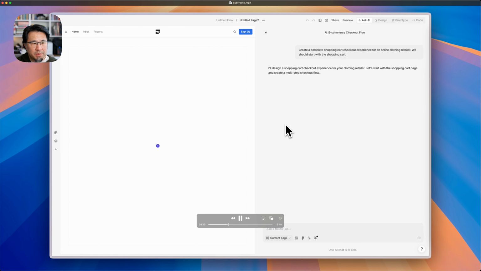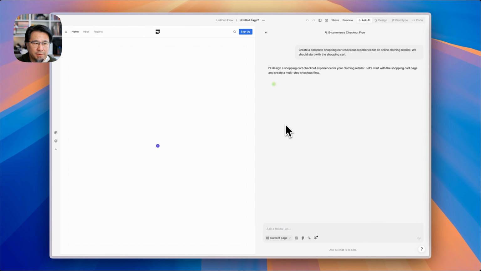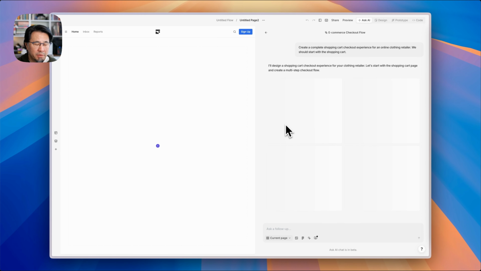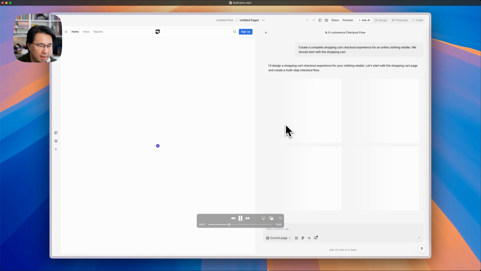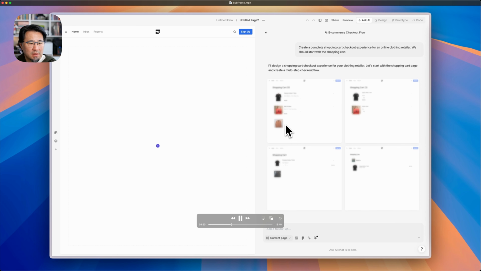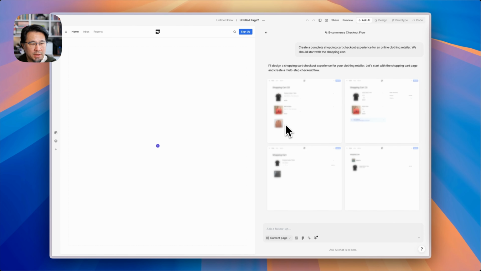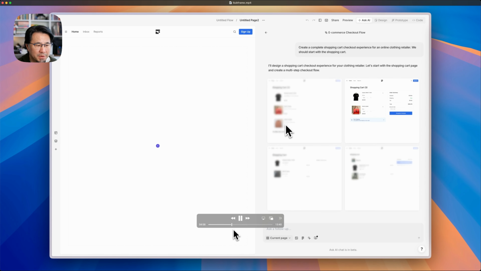So what I like about Subframe is that, very much like Midjourney, if you all have ever used Midjourney before, it gives you 4 different choices, and they all start to slowly come into focus. I'll fast forward a little bit because it usually does take a minute or two, right? So you'll see that they're kind of blurry, they're shimmering because it's kind of like a skeleton state, and you can quickly see the subtle differences, I suppose,